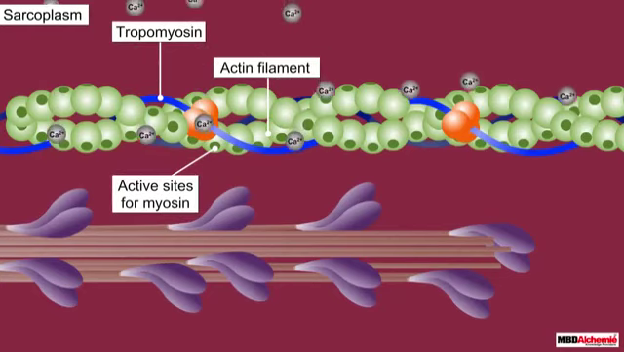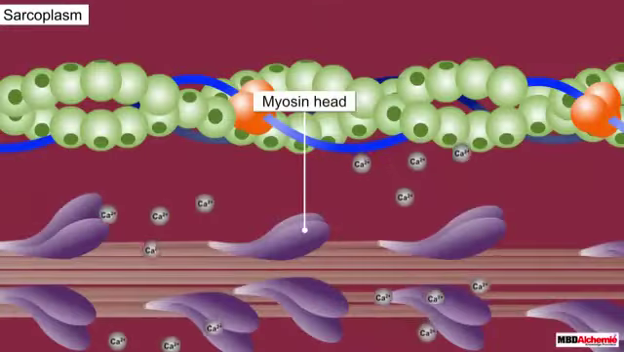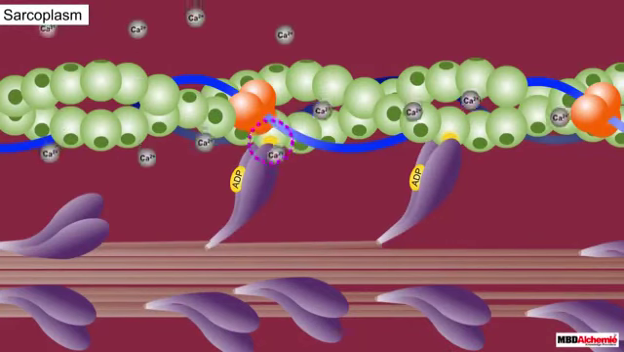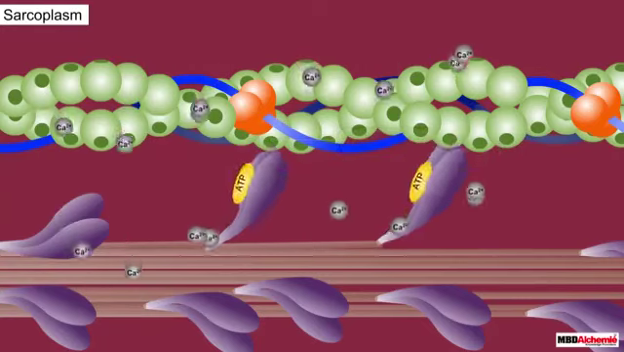With the active sites of actin now exposed, the myosin heads start a binding process with actin, thus forming a cross bridge. The energy needed for the cross bridge